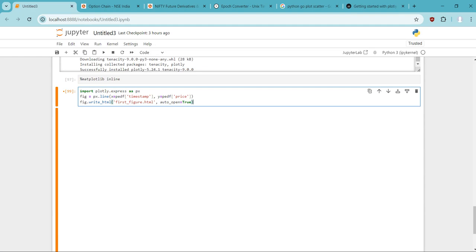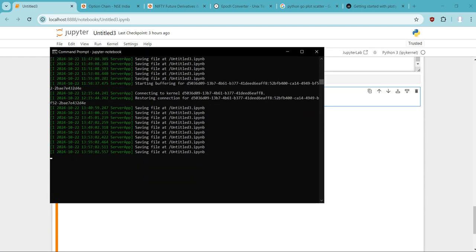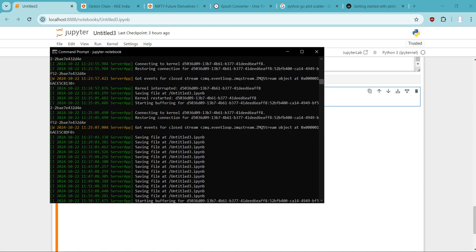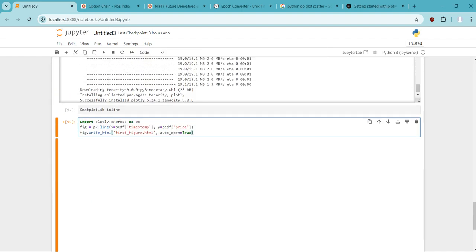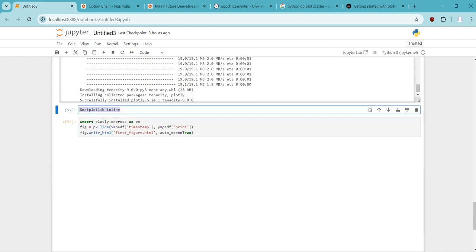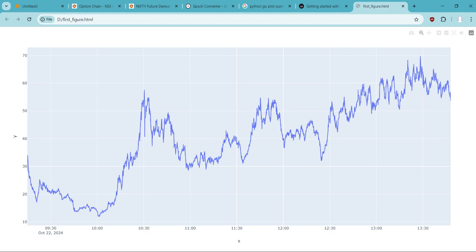Sometimes there is an issue, because see here, saving file, got event through. Sometimes it doesn't show. Maybe putting matplotlib inline, sometimes it works, sometimes it doesn't. But this will work. It will open the plot. Okay. So here now you can see a plot in